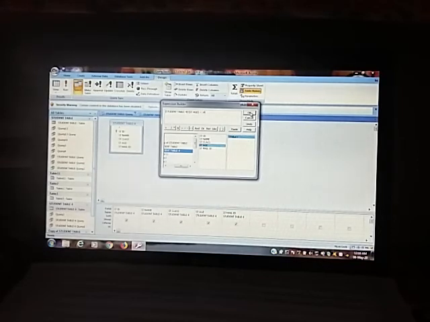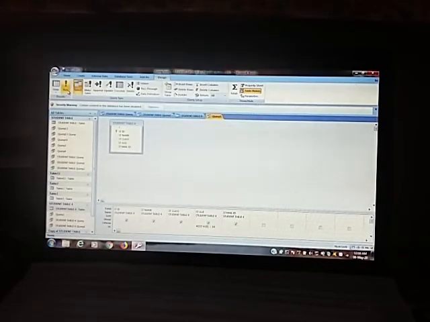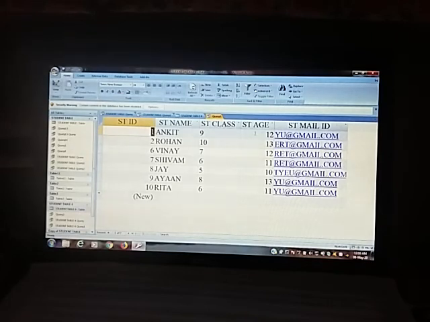Click on the OK button, and after that the Run command. You can see here less than 14, that means 13, 12, 11 and 10. The student ages of 13, 12, 11 and 10 will be displayed. So that is the use of expressions.